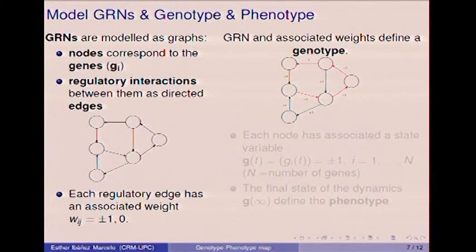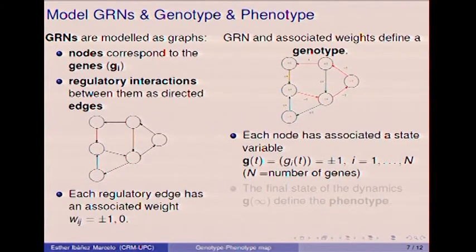This gene regulatory network with these weights is going to be our genotype. If we change only one of these weights, it's called a mutation between one genotype and another one. We also have an initial state. Each gene has a state, +1 or -1, activated or inactivated. And finally, we apply a dynamics to this initial state,